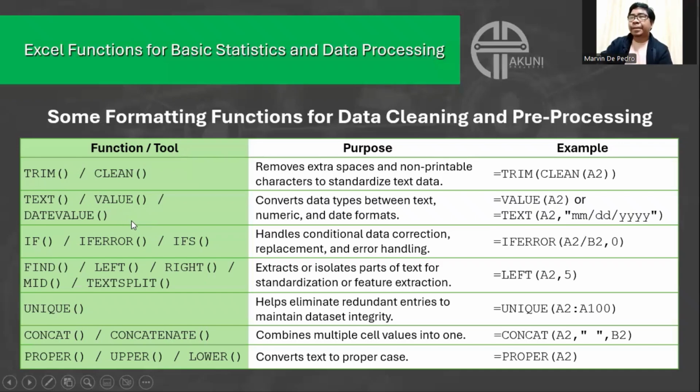Okay, but sometimes we are doing conversions or decision making, like if this one happens, then this one will be what we're doing. So conditional statements. These examples are the ones that handle conditional data correction, replacement, and error handling. Okay, and sometimes if you want to extract or isolate parts of text for standardization or feature extraction, then we can make use of